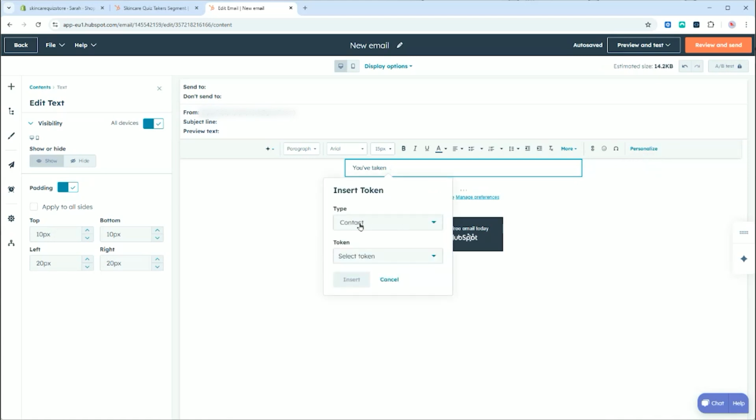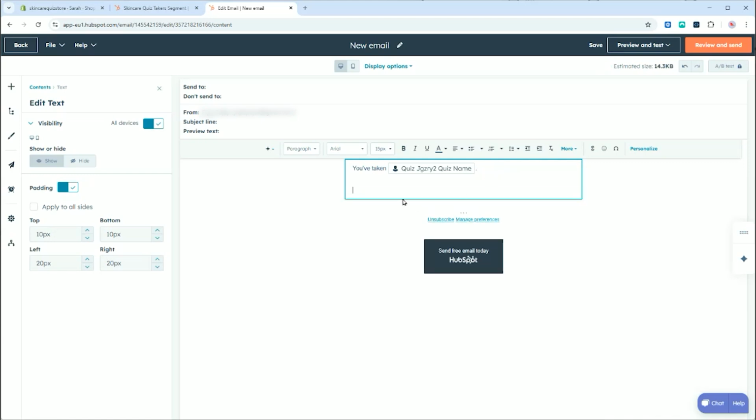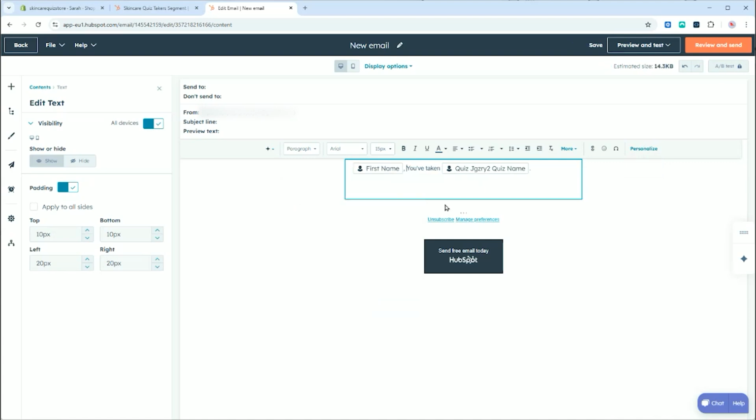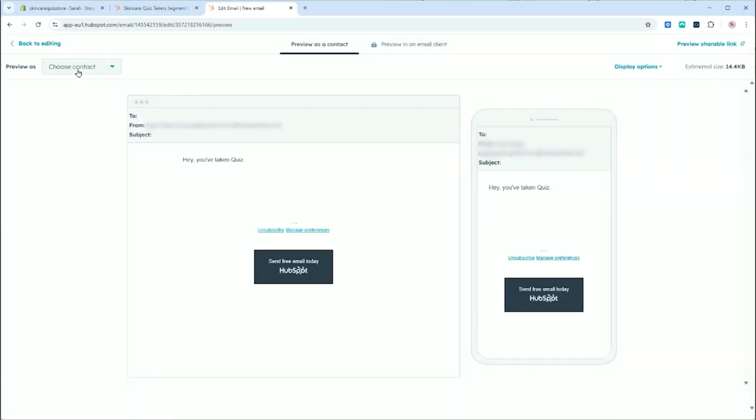From here, you can insert the quiz name, insert the customer's name, insert answers to quiz questions, or use any custom property sent by RevenueHunt. For example, you can say something like, "Hi quiz taker, you've taken the insert quiz name." When you preview the email as Sarah, you'll see her name filled in automatically and the exact quiz she completed